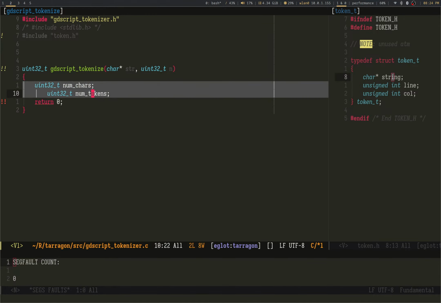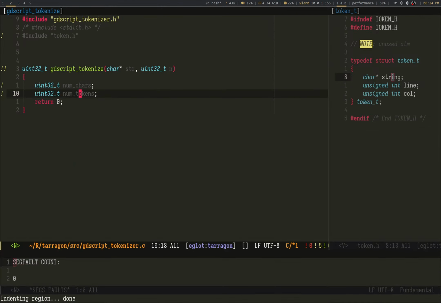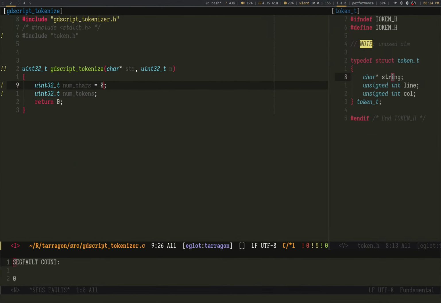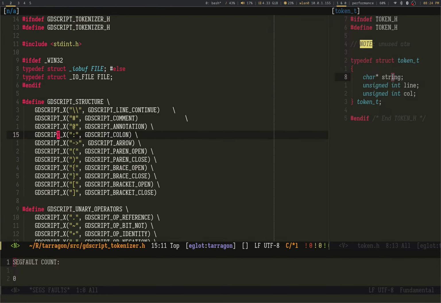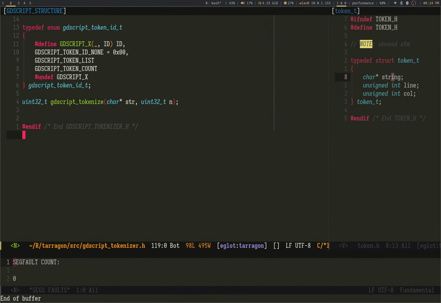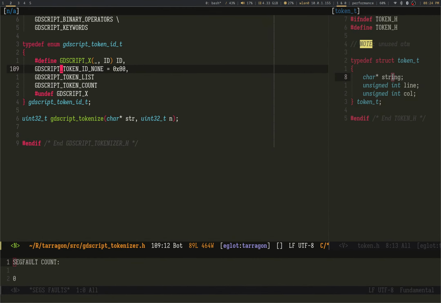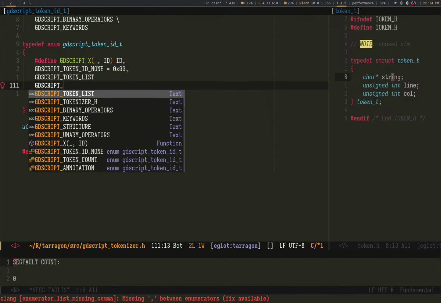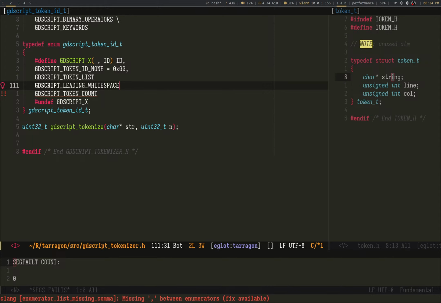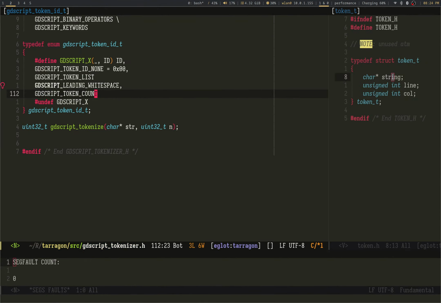Oops. Yeah, I like setting my things to 0. And of course, what's interesting about GDScript, and by interesting I mean extremely painful, is GDScript bleeding white space. There we go. Gotta slam that in there.